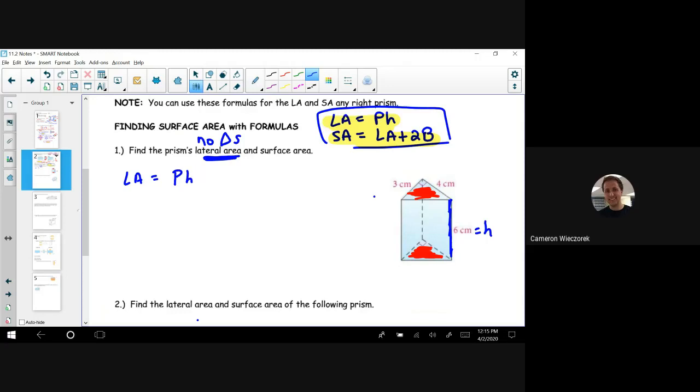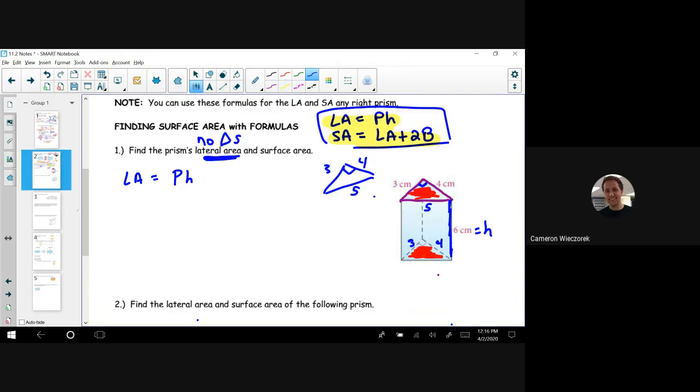Well, in order to know what the perimeter of the triangle is, we need to figure out all 3 side lengths, and we only have 2 of them. But what's really nice is they gave you a right triangle. There's my right angle in the corner. So if I zoom in on that triangle, 3, 4, at this point, your Pythagorean triple should be coming to you. This has to be 5,